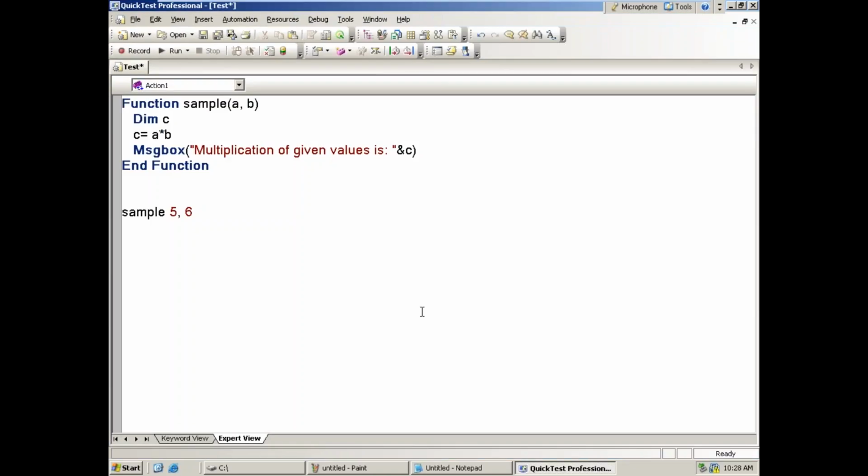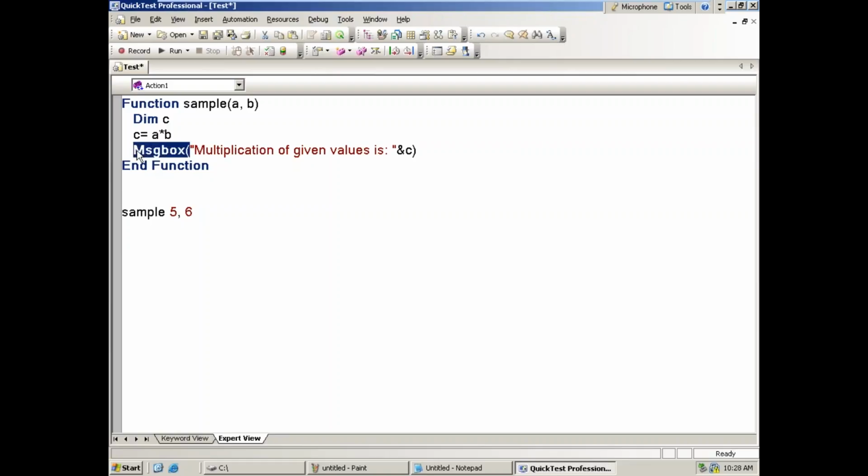Now what is my intention? Whatever value is there, I want to get this value back to the main script. So from a function, how can we get the value? If it is Java, we use the return keyword. But here there is no such formality. What do we have to do?